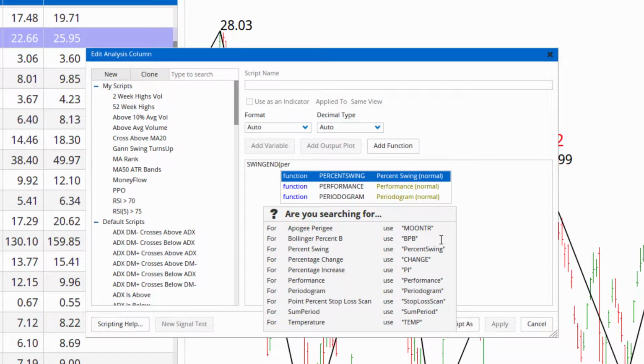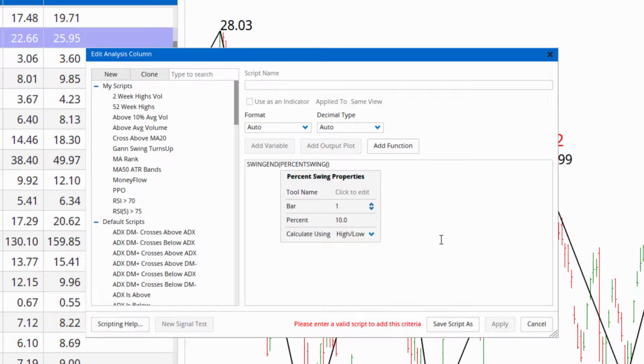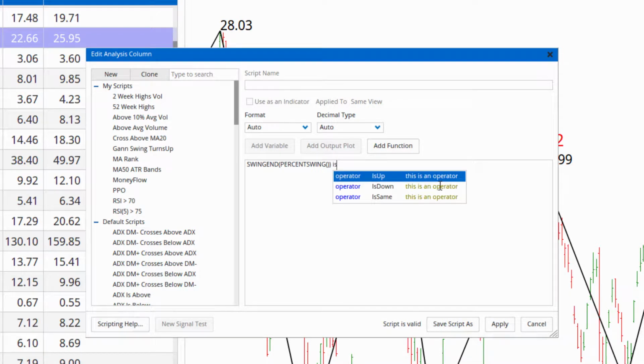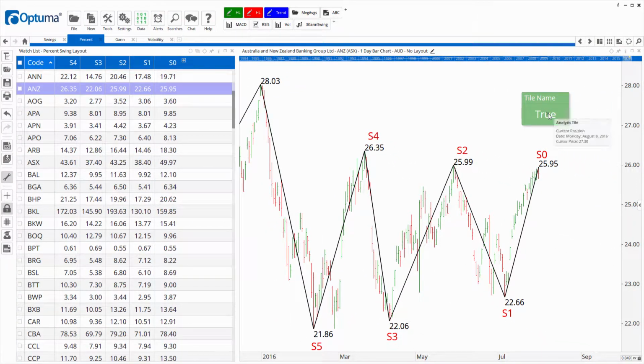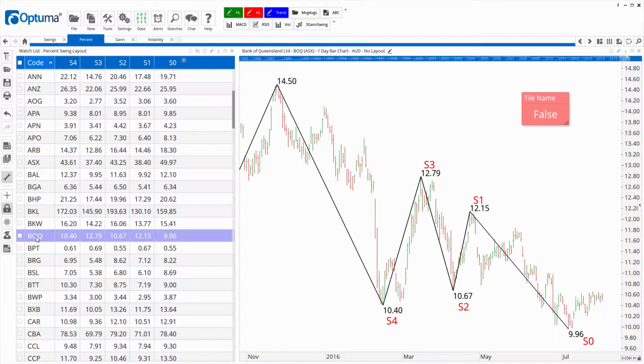So I'm just going to start typing percent swing, and then backspace into the parentheses, and this is where we can set the percentage. So by default it's going to be 10. So I'm going to leave it at 10. Close parentheses, and then we need a true false condition for an analysis tile. So is it up? And when I click apply, the tile will change. So in this case, obviously it's true because the current swing is up. But if I click on another chart, Bank of Queensland for example, you can see the tile changes red because